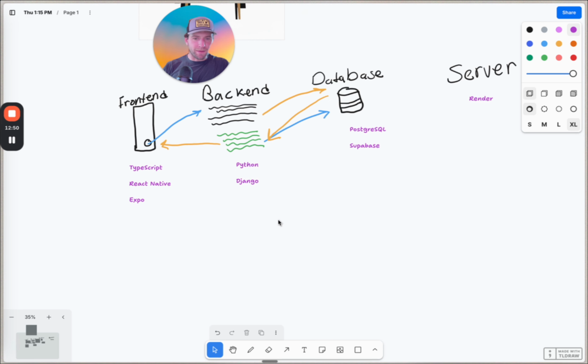Now, the main way that we're going to be using Cursor and Claude Code will be to create the front end and write the logic that is the back end that then interacts with the database. Thankfully, Supabase does a lot of the work to create the database so that we can have the back end interact with it. So Cursor and Claude Code will be the AI agents that allow us to build the different